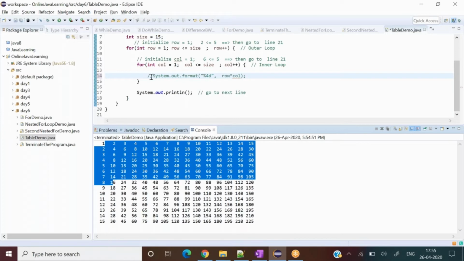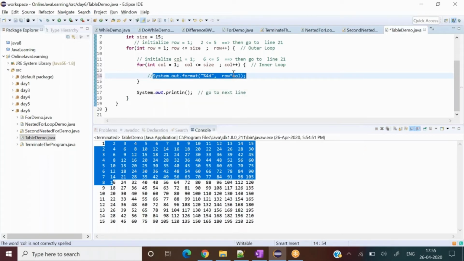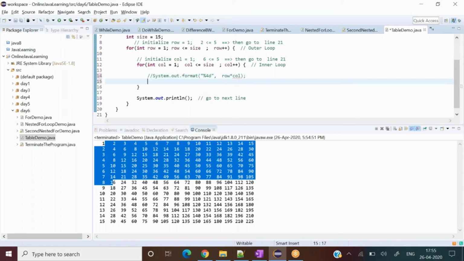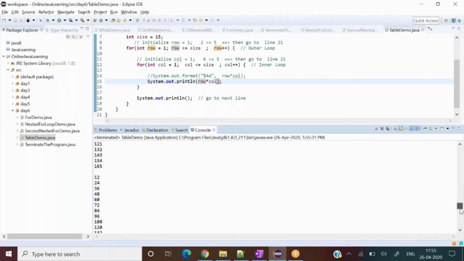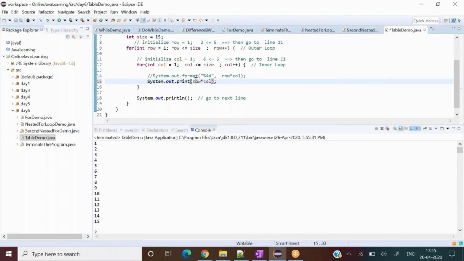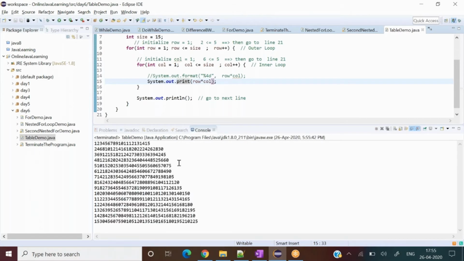We might discuss format in future, but for now, just for pretty printing, if I write a println here with just row and column, then see how that turns out. Or if I write only print, not println, sorry. See here, doesn't it look quite messy? The output was the same.